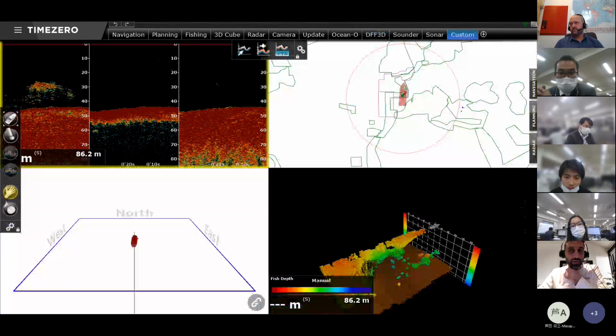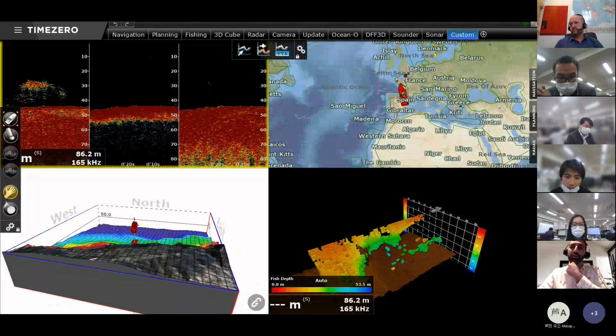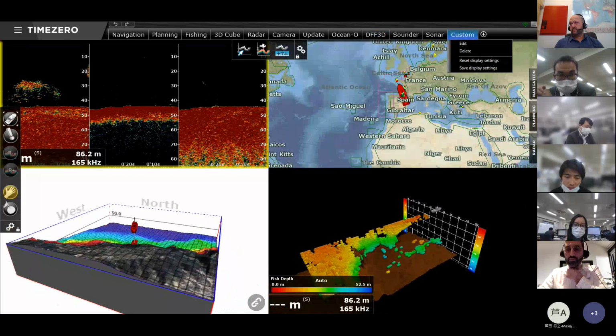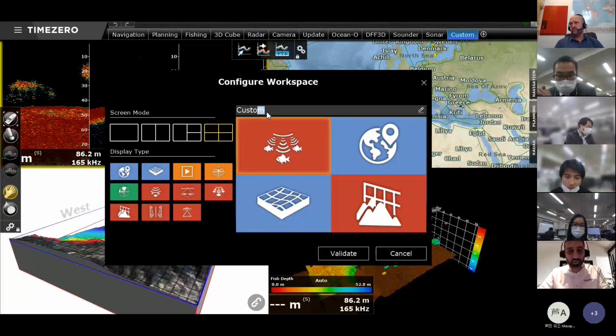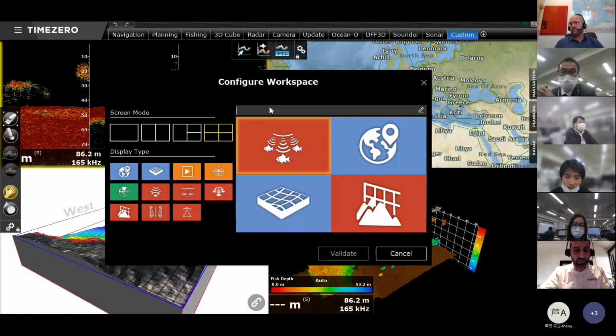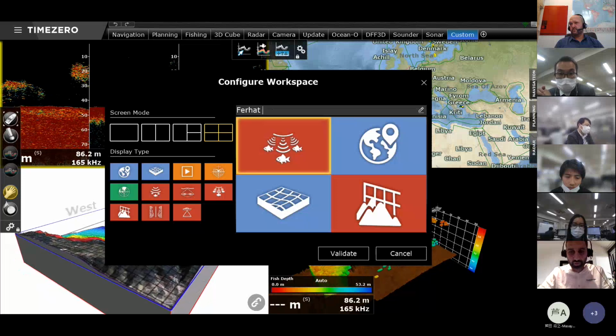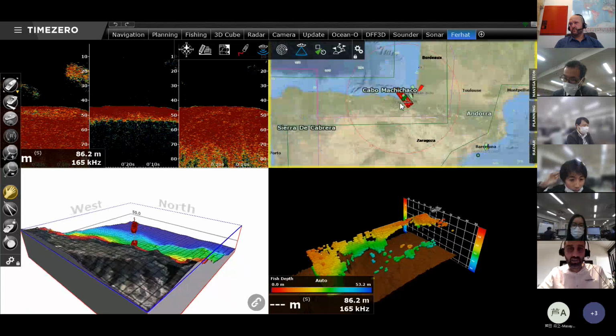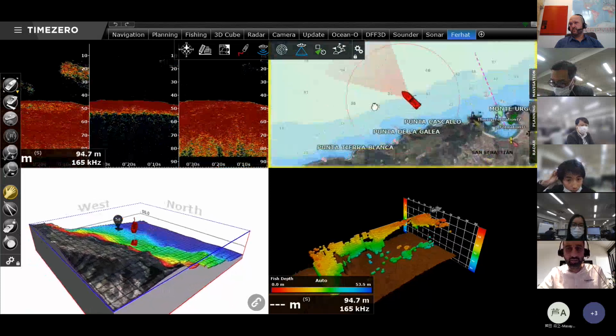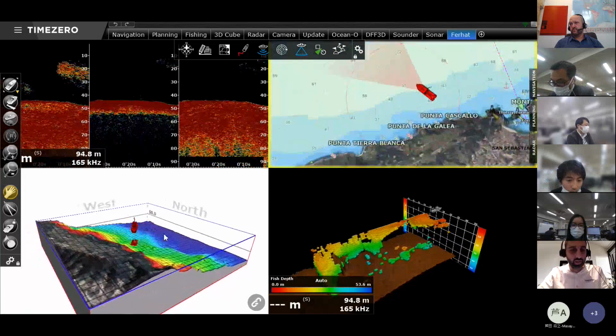So you can create this custom workspace. You can edit the name, so you are sure that this is Ferrat, for example. So this is my workspace, and each of the 4 screens is independent. You can zoom in, you can zoom out. You just have to click, and you can specifically work on one of the screens. So again, Time Zero, fully customizable and easy to use and understand.